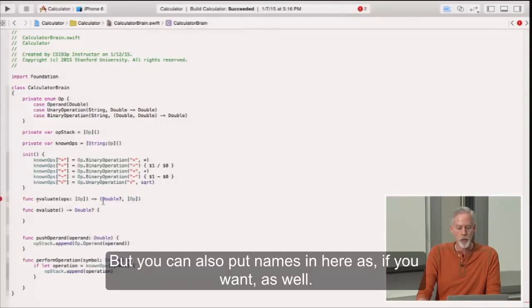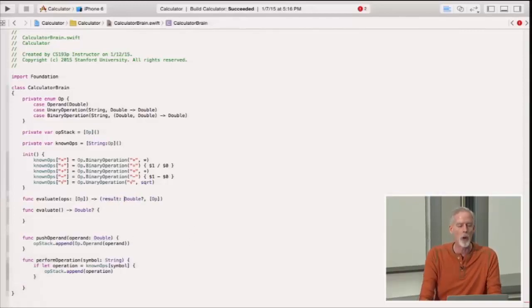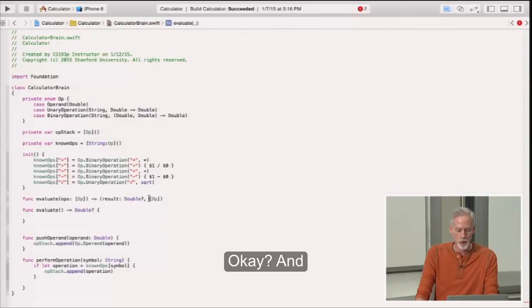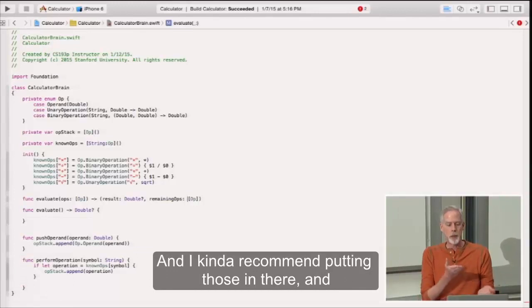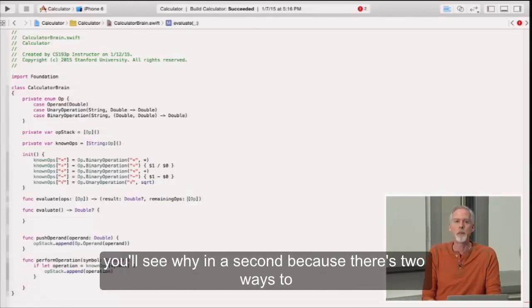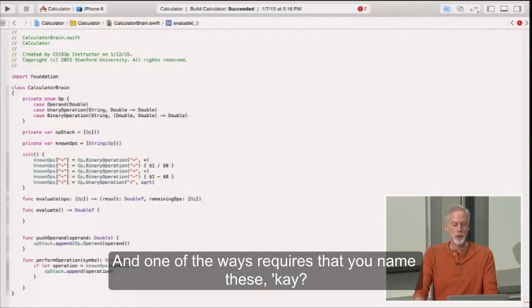But you can also put names in here if you want as well. So maybe I would call this one the result. Okay? And I would call this one remaining ops. Okay? And I kind of recommend putting those in there, and you'll see why in a second, because there's two ways to call a function that returns a tuple and get the results. And one of the ways requires that you name